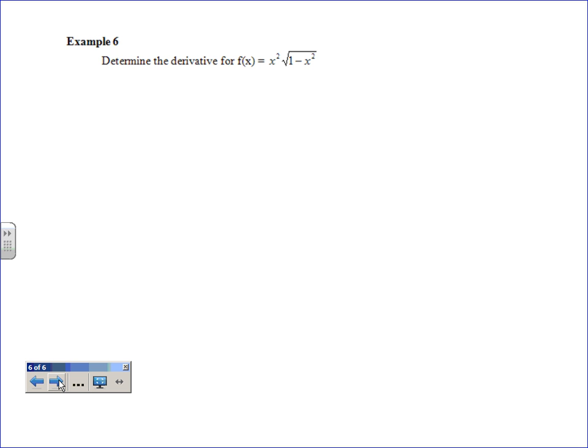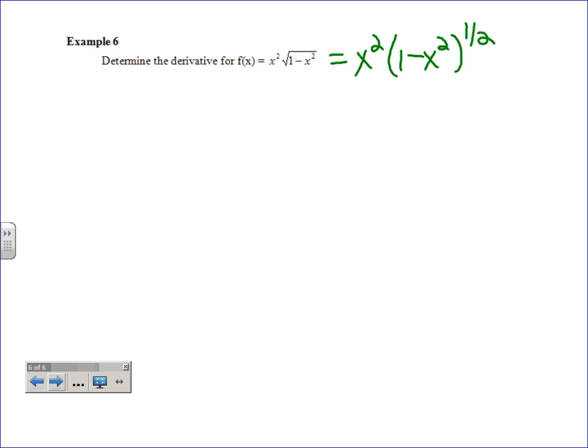Can you distribute that x squared that's on the outside through the radical? No, you can't. You could rewrite it. I like that idea. But if you rewrite it, do you agree it is still... Remember way back when we did product rule, I told you that on some of them product rule is kind